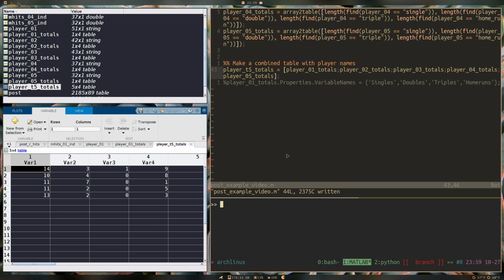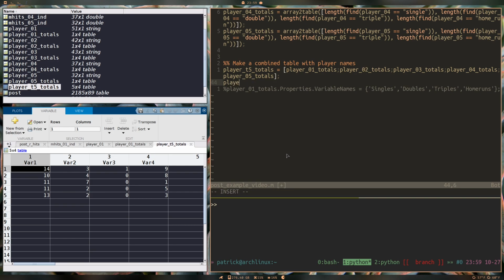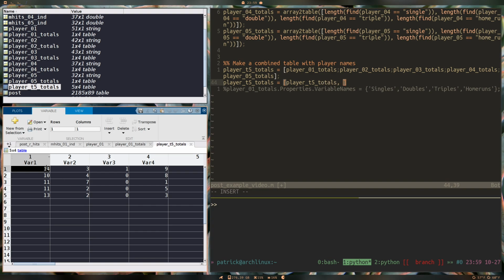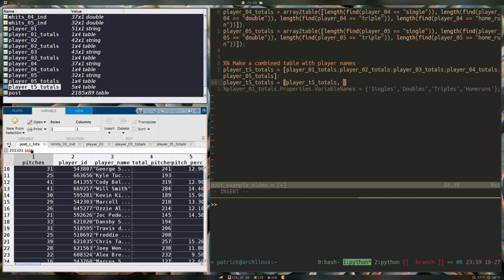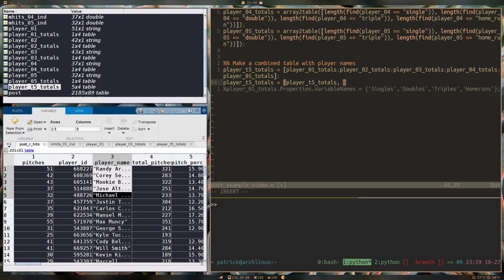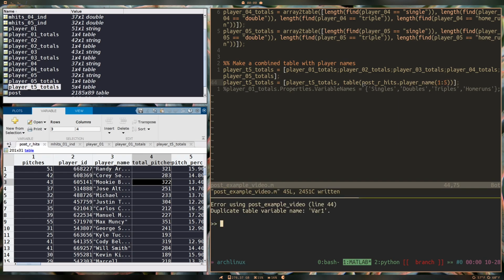So now I want to change these property variable names. I'll actually do that in a second. The first thing I want to do is add in our player name. So I'm going to update this table player_T5_totals. It equals the table that we just made, player_T5_totals. And then I'm going to plug in the player names that we want to have. So I'm going to go back to our table that's called post_R_hits. And I want to take these top 5 names. Now I'm not going to actually specify them directly, but I'm going to use table because I want to make it a table, and then post_R_hits.player_name, and then the values from 1 to 5 because I want to get those first 5 players. Now if I run this,